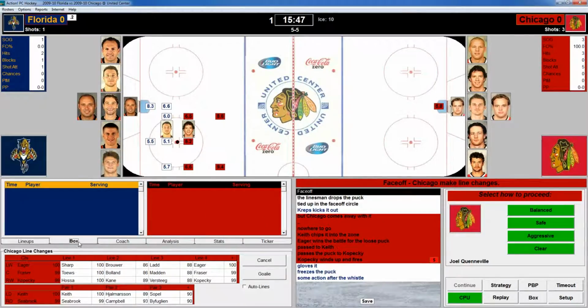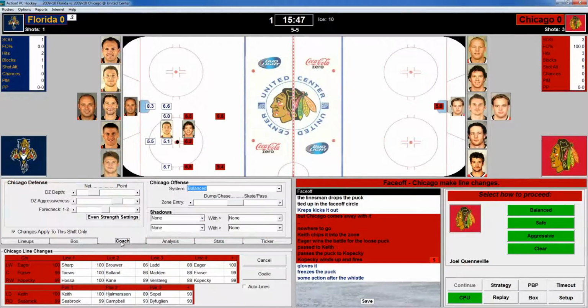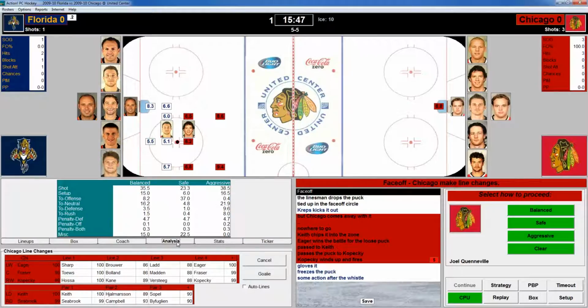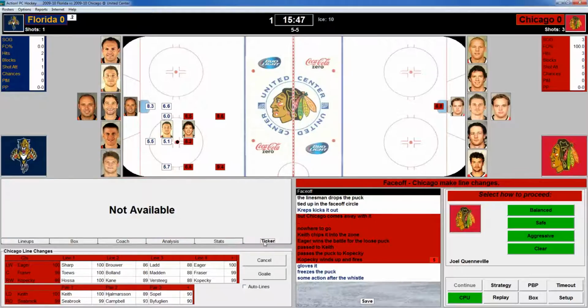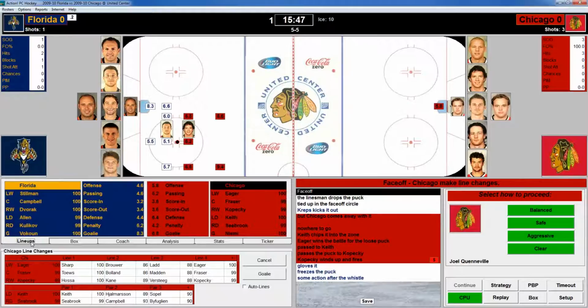There are box scores here. Coaching. Again, you can just coach it from here. This is our defense. This is our offense. This is our analysis here. I'm not even sure, I don't even remember seeing that. Here's the stats, and the ticker is unavailable. So